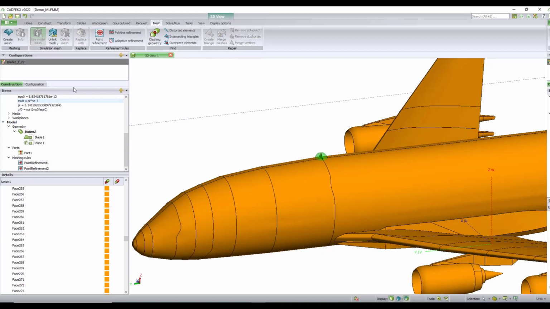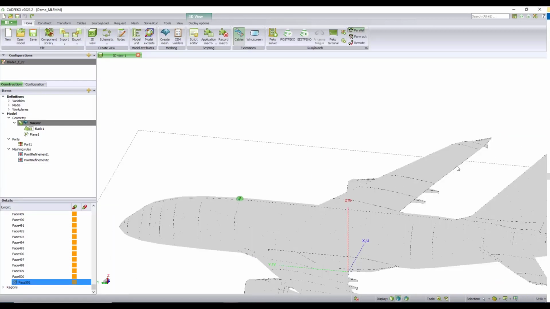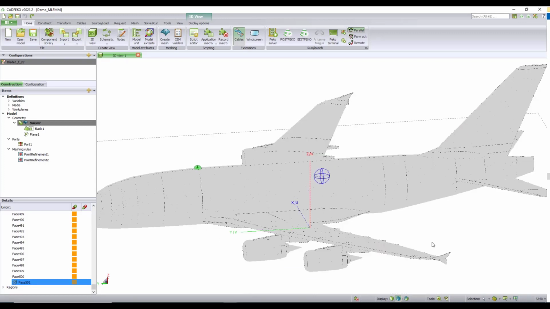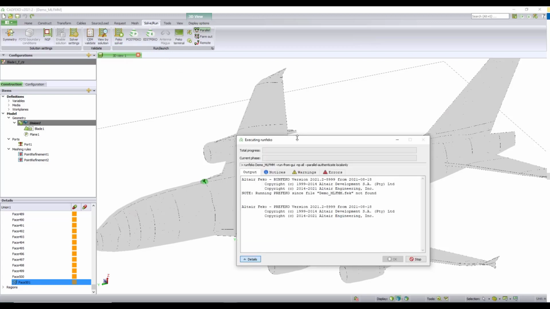Now let's create a mesh for this model. I'm going to go with the coarse option. Once the model is meshed, it is ready to run. So you can go to the Solve and Run tab and click on the Feko solver, which starts the solving